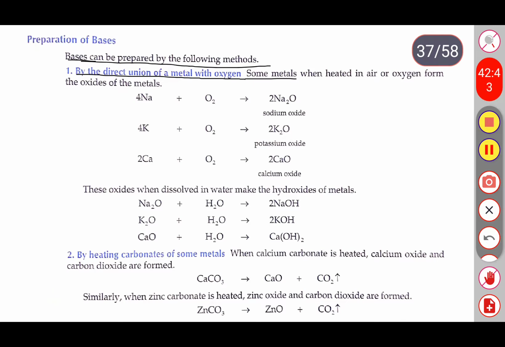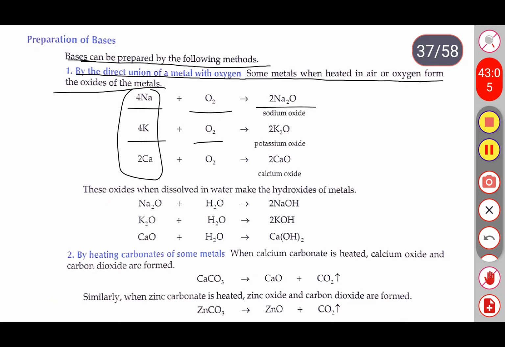When the metals react with oxygen, it always produces the metal oxides, whether it may be sodium, calcium or potassium. So when sodium reacts with oxygen, it produces sodium oxide. Potassium reacts with oxygen, it produces potassium oxide. When calcium reacts with oxygen, it produces calcium oxide. And once we get oxides of the metals, these oxides, when dissolved in water, produce the